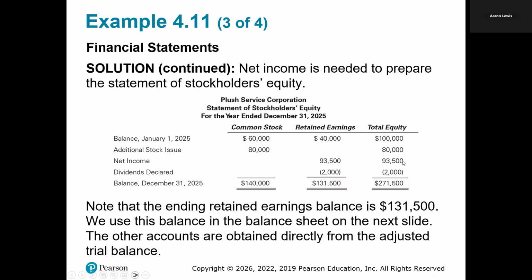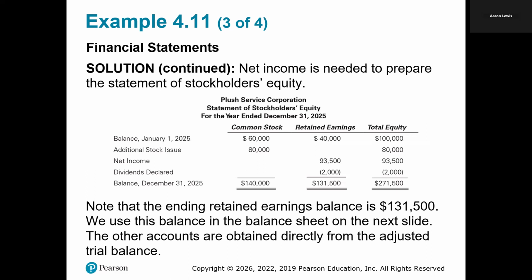We increased it by $93,500 by generating income, but we decreased it by $2,000 by taking money out of the company and giving it to our shareholders. But all in all, that leaves us with an ending balance of $271,500. And this number in the right-hand corner is not just the total of this row right here. It's also the sum of the ending balance of each of your individual equity accounts. And right here, our company, Plush Service, at the end of the period, is worth